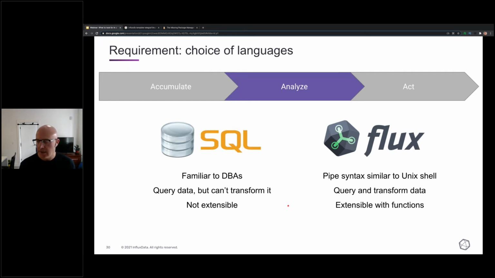So you can't use it to, let's say, downsample the data. You can't use it to enrich the data, and you can't really extend it with new types of functions. So SQL is great, a very easy on-ramp, and wonderful for getting started. However, when people need more power and are willing to make that investment in learning a new language,